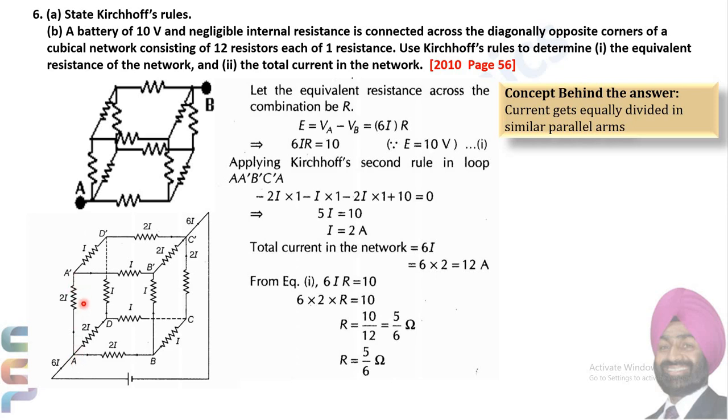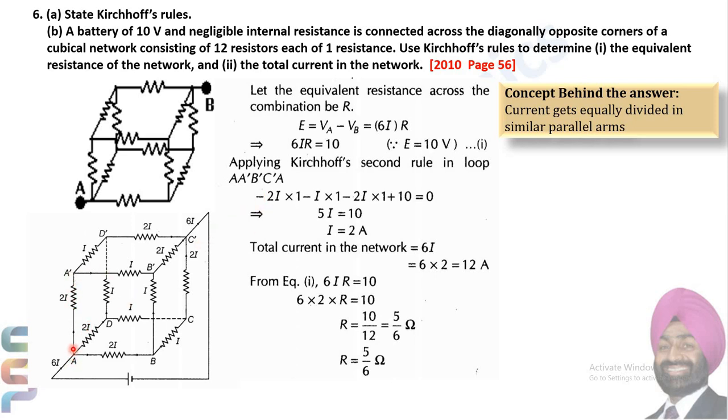Each resistance is 1 ohm. Or you can choose opposite. There are two methods given in the books. One is when you move along the current, take positive sign, and when you come across the battery's negative, take negative sign first. Another way: as you move along the current, take negative sign, and as you approach the battery's negative, take positive sign. Both are correct. In this question, as you move along the current, negative sign.